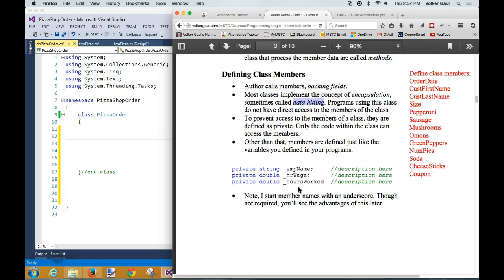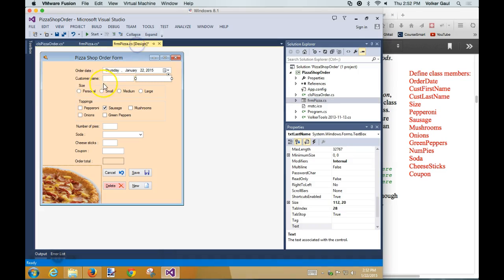Other programmers use it. We used the text box class as programmers, right? We dragged a text box. We instantiated a text box, which used the class that's behind the scenes that we don't even see,